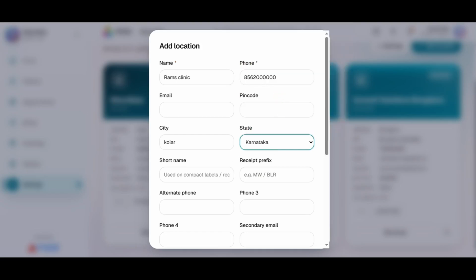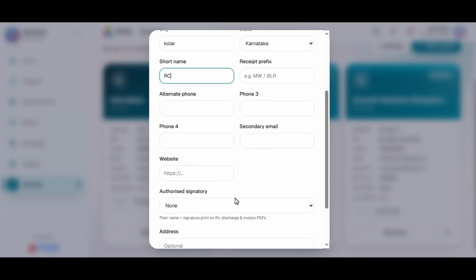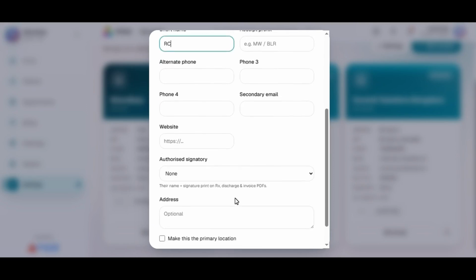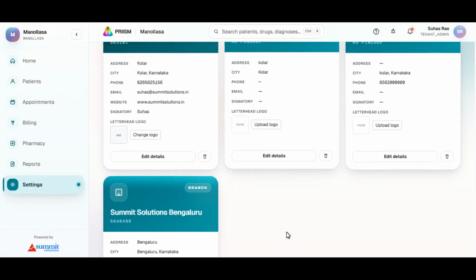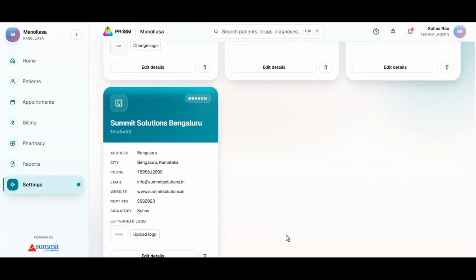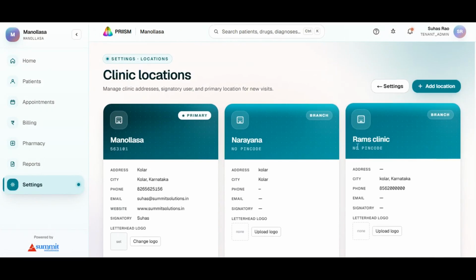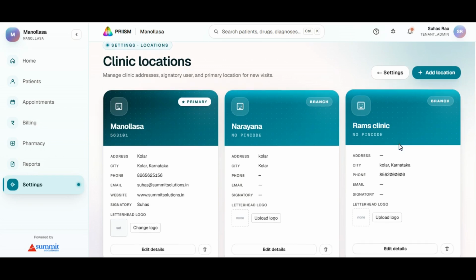Adding a location sets its name and contact details, its city and state, a short name and receipt prefix, the authorized signatory whose name and signature print on documents, and the address, with an option to make it primary. Locations can be edited or removed and each carries its own logo.